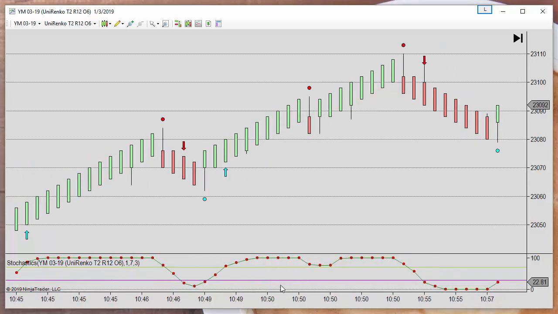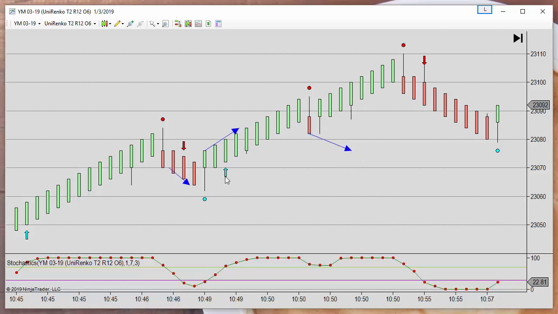For the particular case of Unirenko, usually the reversal bar signals are almost better than the RVO, because we almost don't need the RVO if we fine-tune the settings of the Unirenko. So we can get a fill at the close of the bar with the dot.